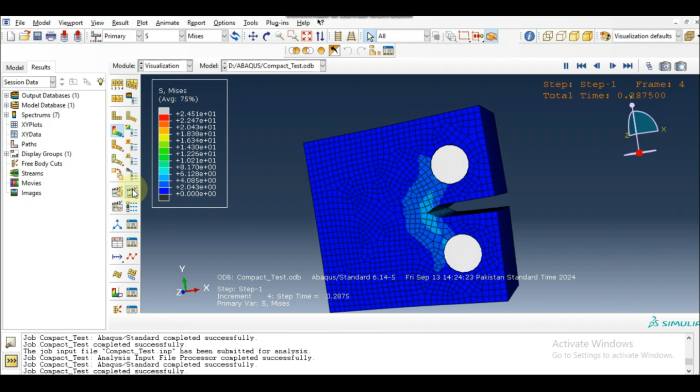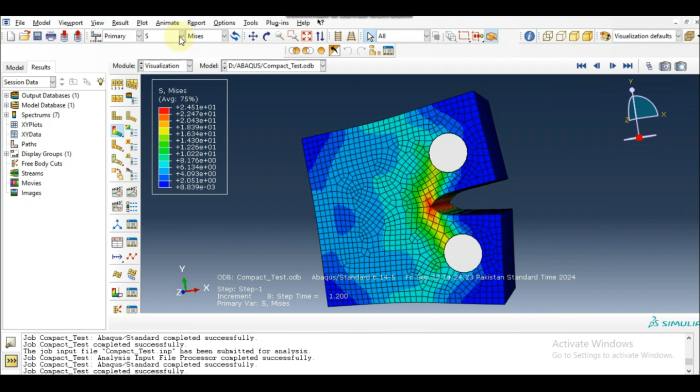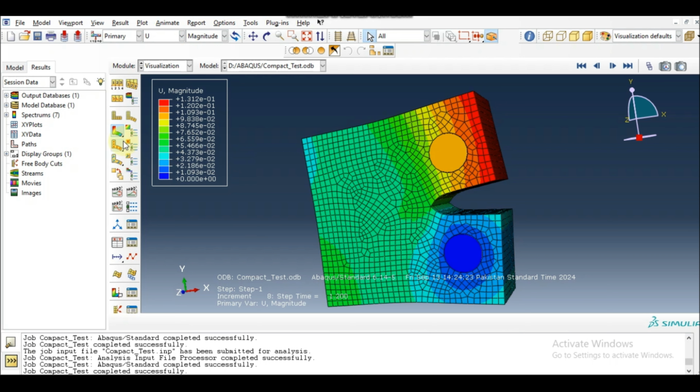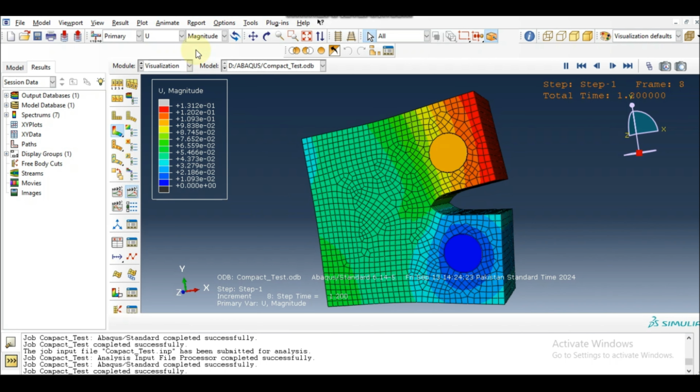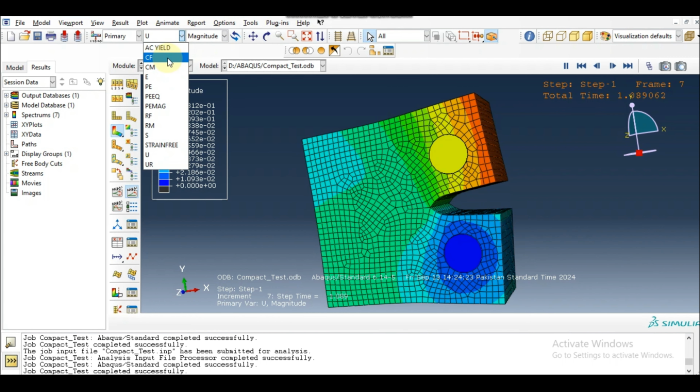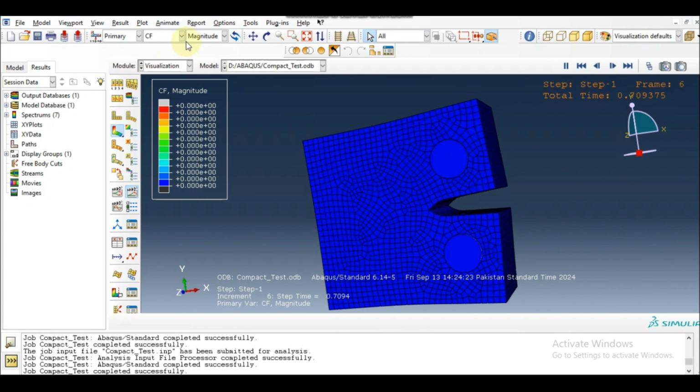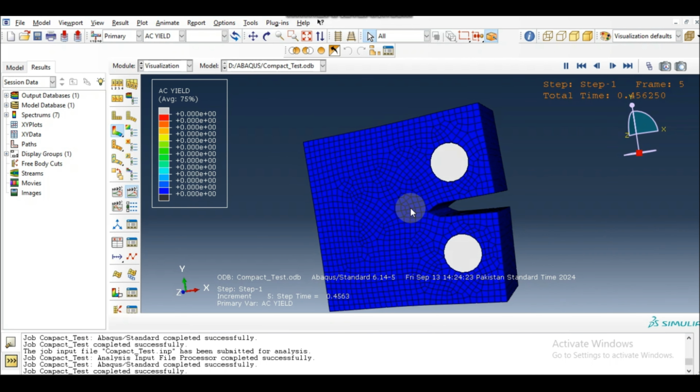You can change the output field here as you desire. So the displacement is shown here. When we see the animation of the displacement, we see the highest displacement occurs in the upper part. Now we see the contact force and SE yield on that,